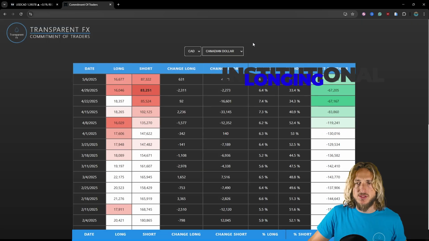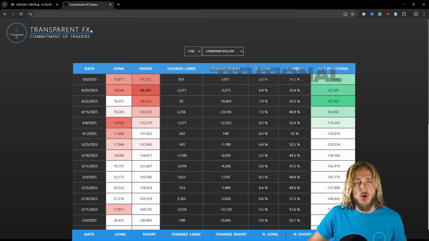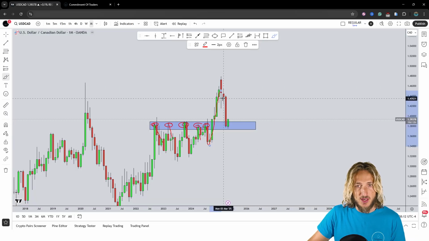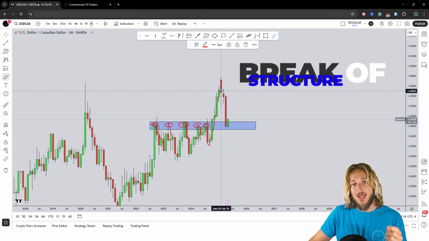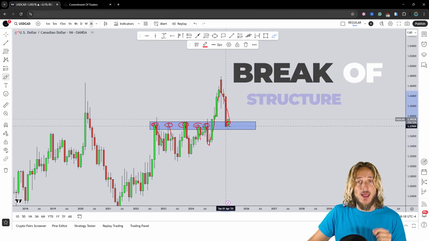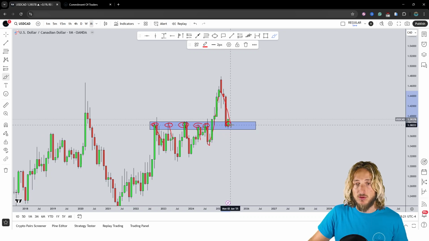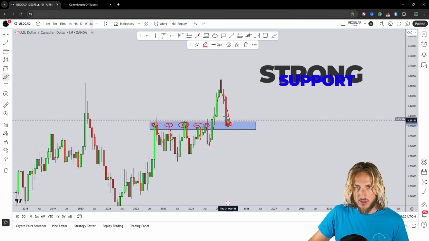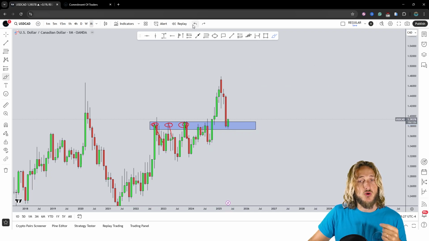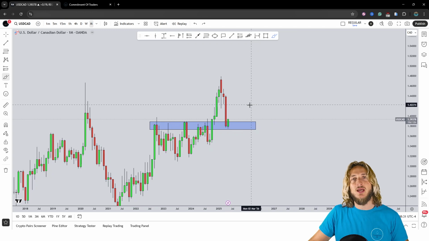And we will be speaking about institutional longing in just a few moments when we move to the commitment of traders analysis. But what we have to keep in mind here is again that we had this breakout and now the market has retraced back to the exact same level of structure. So all this previous resistance is now turned support here. We also have to notice that this is not only previous historical resistance turned support, but it is actually a